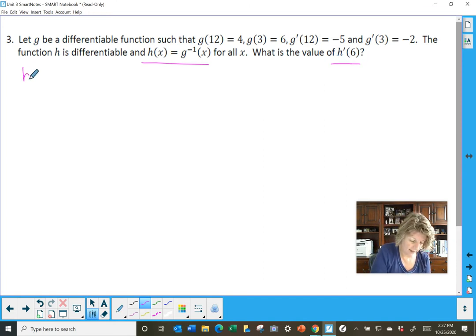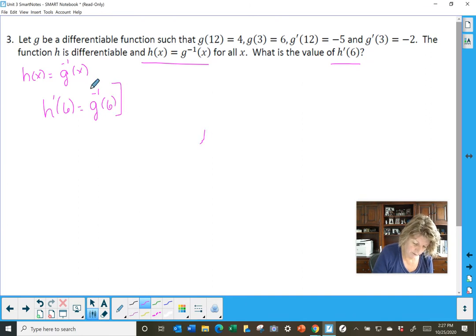Okay, so we know that h of x is the same function as g inverse of x. And they gave us lots of things to do, but they want us to find h prime of 6, which is like finding g inverse of 6. And we want its derivative, so I'm just going to make a mark on the outside because it gets congested on the inside of that function. This is equal to, go back to the definition of an inverse derivative, 1 over